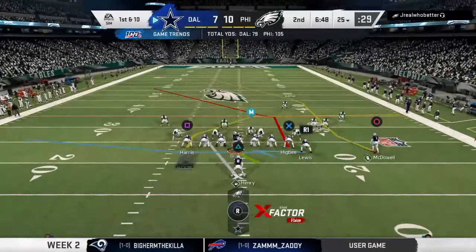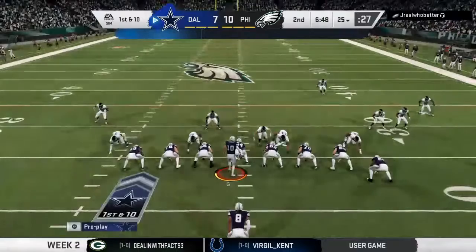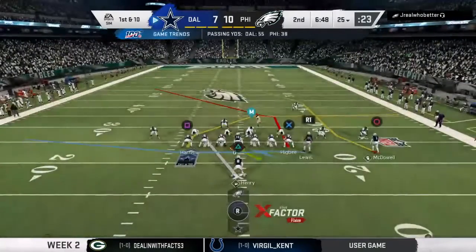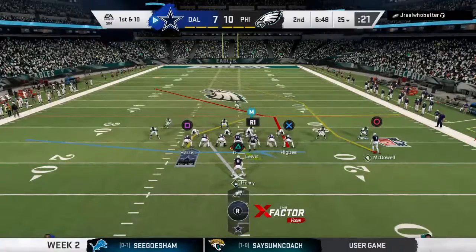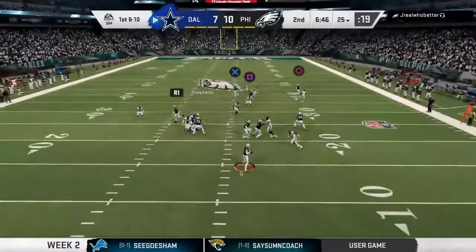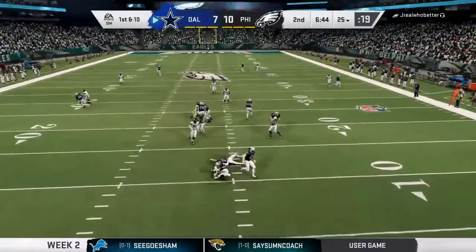About set for this next drive by the Cowboys offense. And for them, a touchdown their last go-around. Obviously, they'll be hoping to do that again. And when you start plotting for this drive, when you start thinking to yourself, okay, what are we going to do? You don't go away from what you did before because that worked, but you have to do